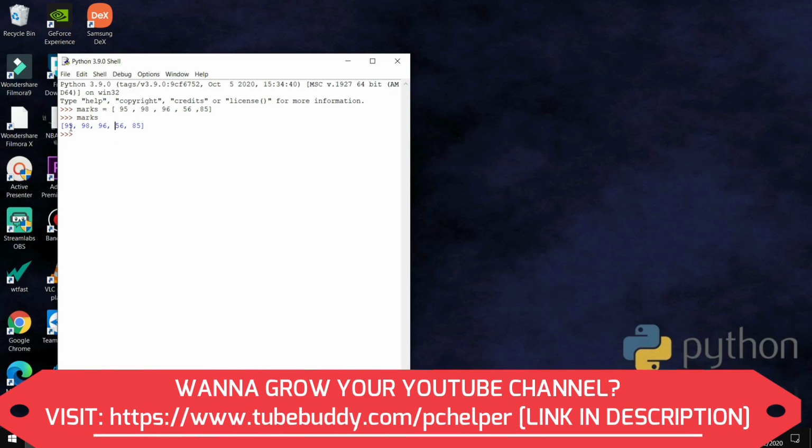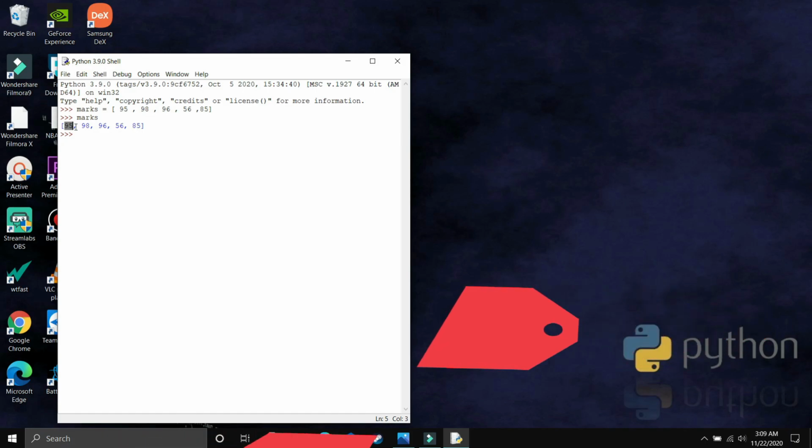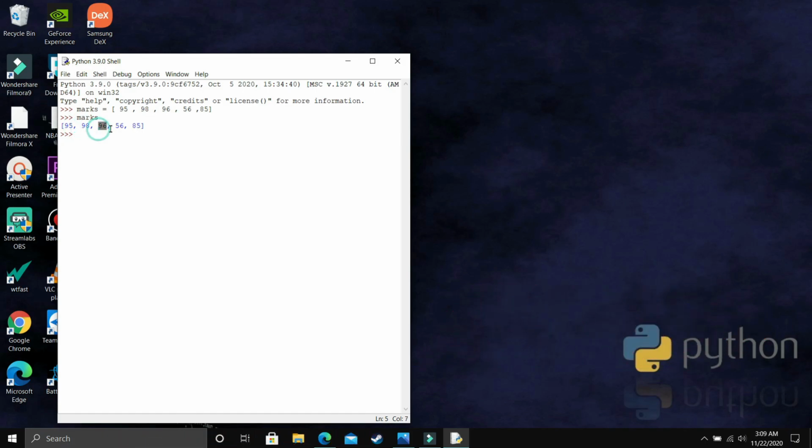Just like strings, a list also starts numbering from 0. So the 0th element here is 95, the first is 98, and so on. Accessing different values in a list is similar to accessing different characters in a string. If you remember from the last lecture, if you wanted to access different characters in a string, you just write the number of the character, the range of characters, or the particular character that you want to access in square brackets. So here also we'll do the same. If you want to access the first data value, just write marks, then inside square brackets write the number of the item that you want to access, and press enter. As you can see, 98 is the first item here.